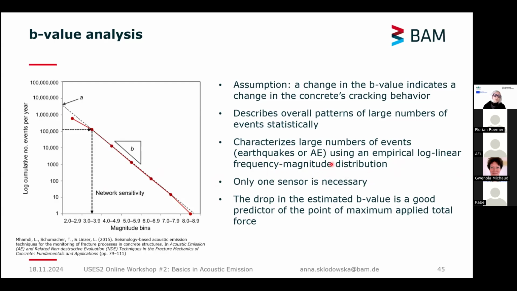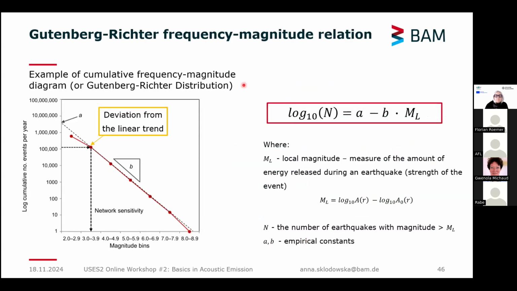In case of acoustic emission, this is not necessarily magnitude, but amplitude, but I will show it a bit later. In theory, for structural health monitoring, we need only one sensor for this kind of analysis, but in general, the more would probably be better. But in theory, one sensor is enough to perform this analysis. And the idea is that the drop in the estimated B-value is a good predictor of the point of maximum applied total force. So to give you a bit more insight into it,